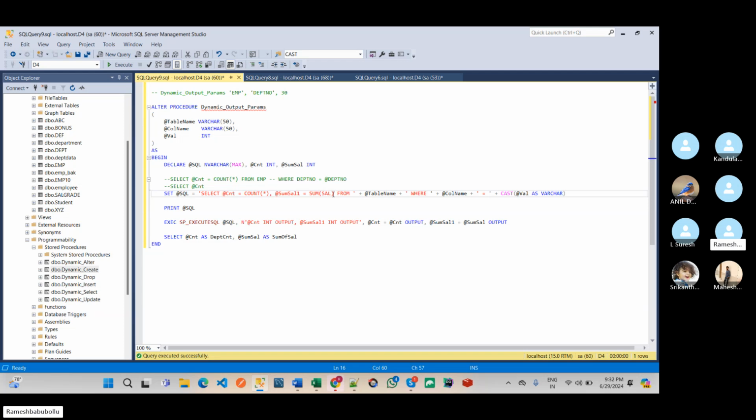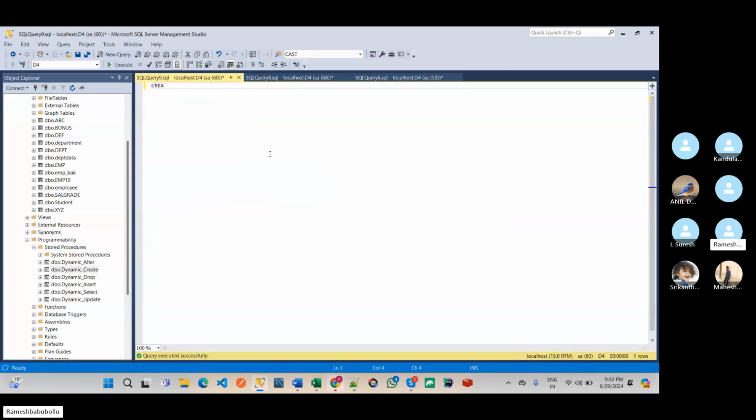Here I am getting two values from the EMP table, but I may get 10 records, or 100 records, or lakhs of records. In that case, how do we do that? The option is a temporary table, a dynamic temporary table. So create procedure